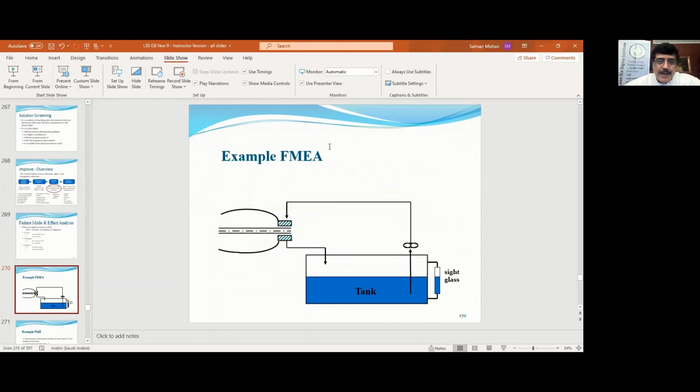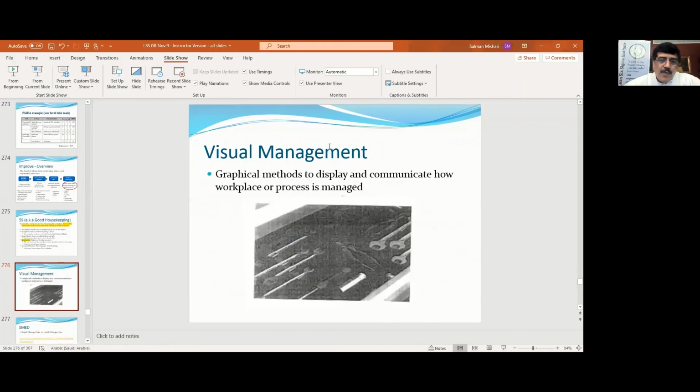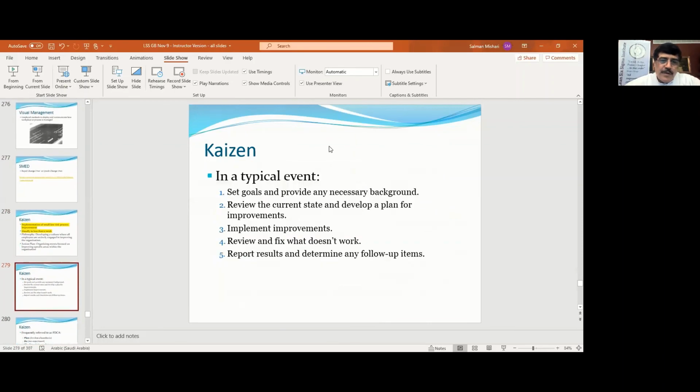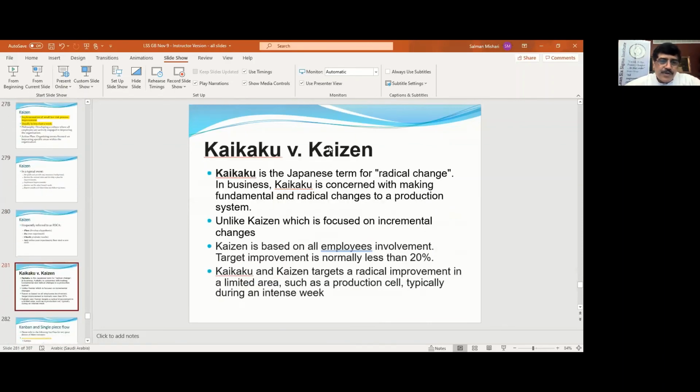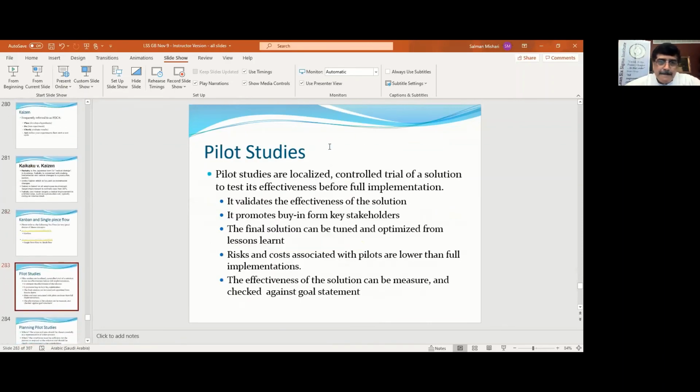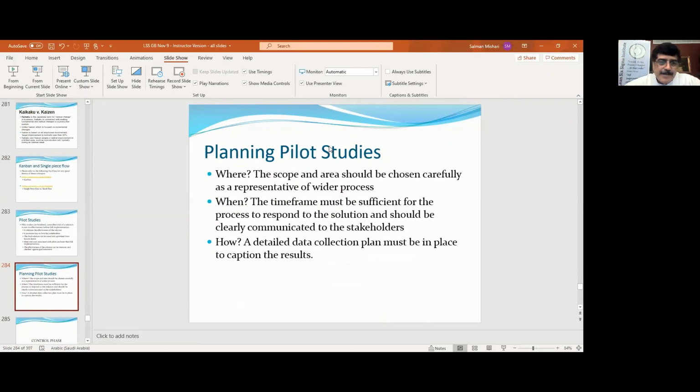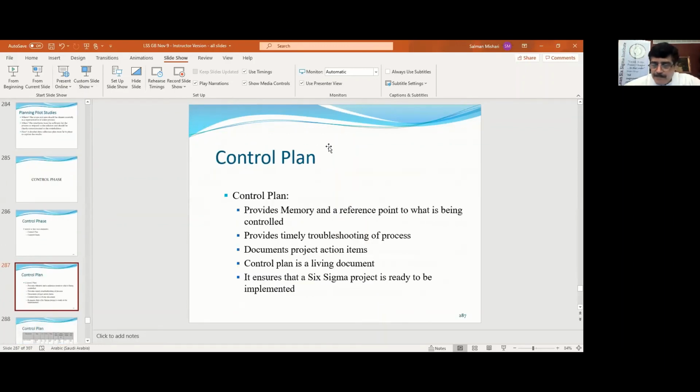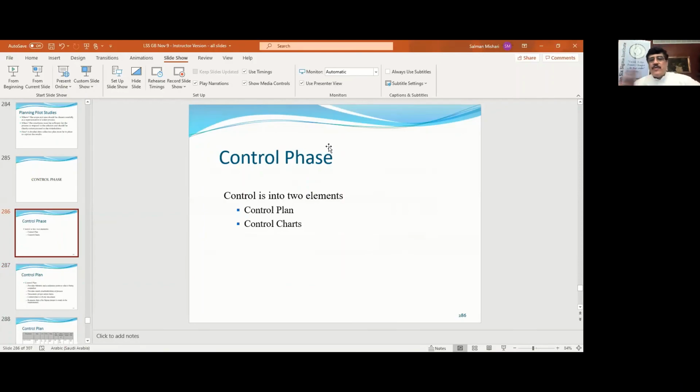All right. Okay. So we'll go to the control, and the control should not be very long. The control phase basically is